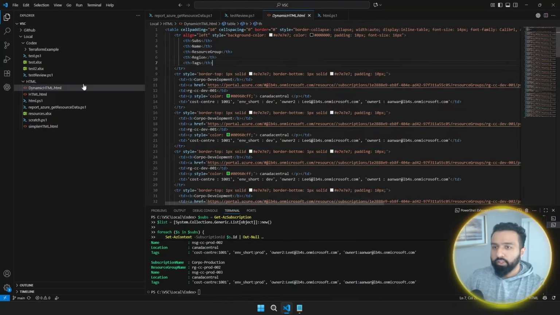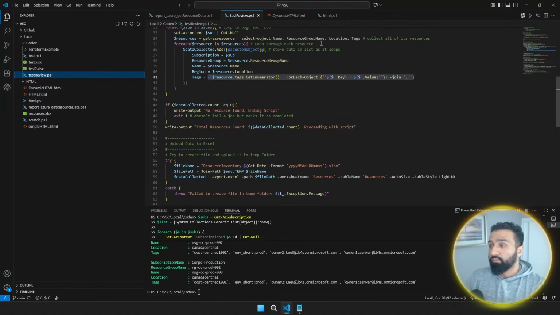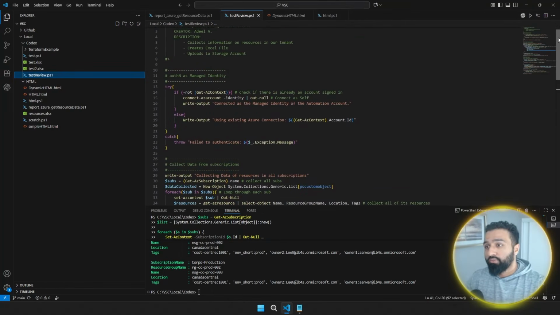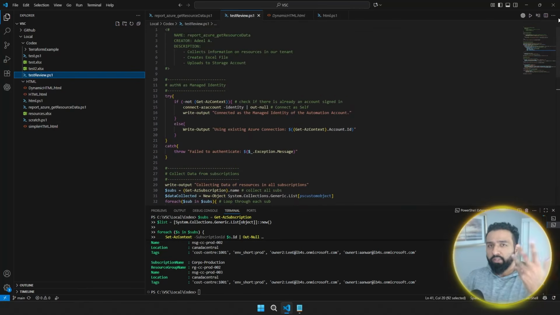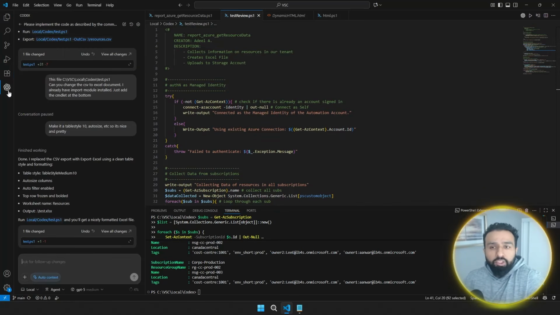All right, so the next thing I want to show is I have a file here called test review. This is actually our code from one of our earlier videos. Say I want it to be reviewed. I want to use Pester or something like that. Well, we can just use ChatGPT now because we have it here. So I can say,